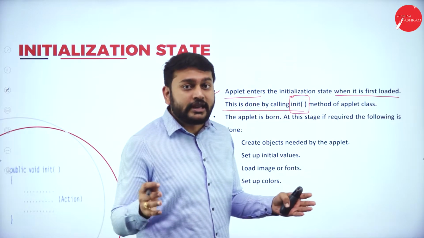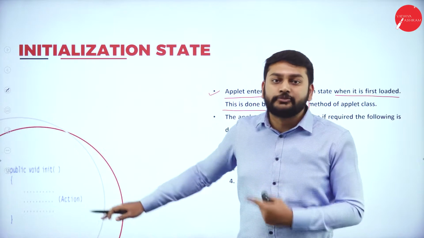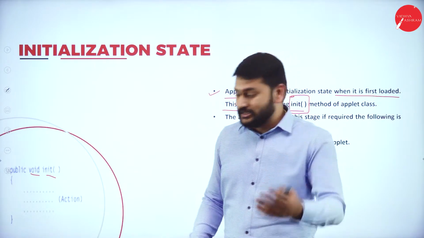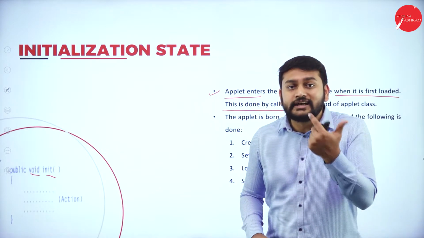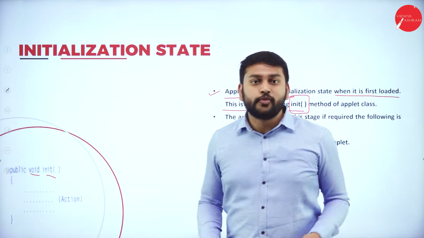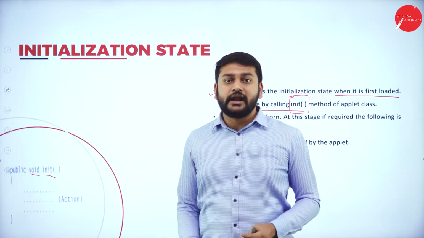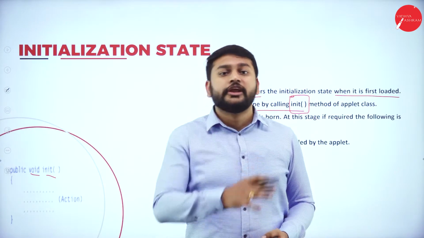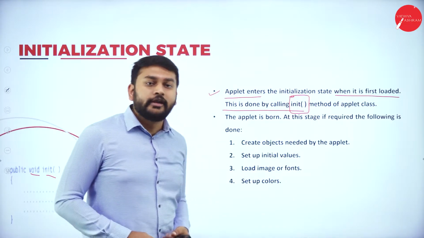Sir, how exactly do we do that with the programming? I have a small snippet for all of you here. Please observe. What do I have here? I have public void init. Init is the method name that I have here. That's what you need to remember. And void is the return type for this method. I repeat, init is a method which helps me to initialize an applet. Using this method, I will be initializing or creating the applet. This is the method that you have to use to have a newly born applet, right?